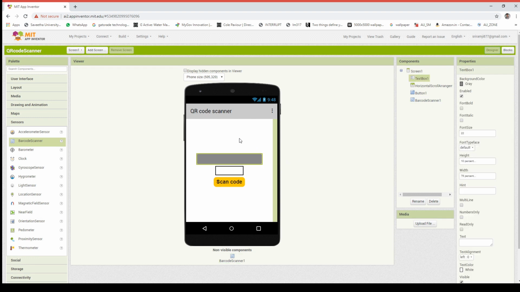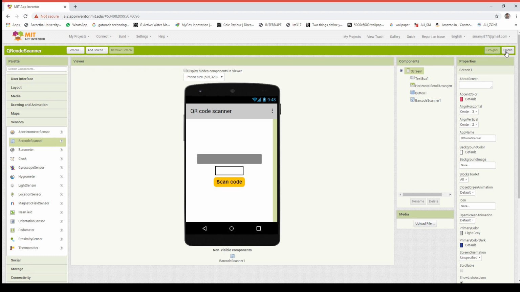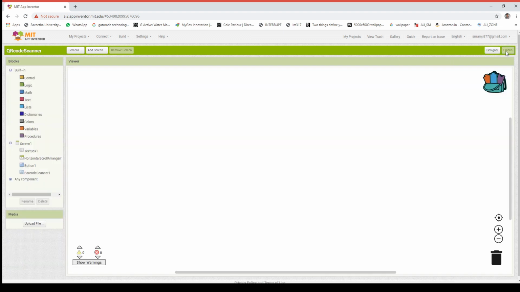Here we will start the action. That is, when button 1 clicks, call barcode scanner and start scan.